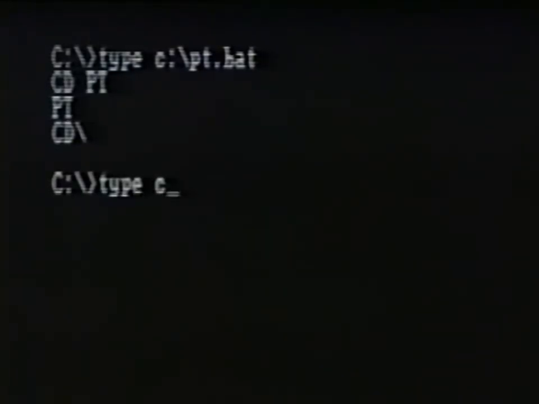This works very well with many files, especially those files with DOC, TXT, and BAT extensions. Other files, such as those with EXE and COM extensions, will display some rather strange stuff on the screen. Of course, it never hurts to give the type command a try, and sometimes it can save a good amount of time. Let's move to our final topic.